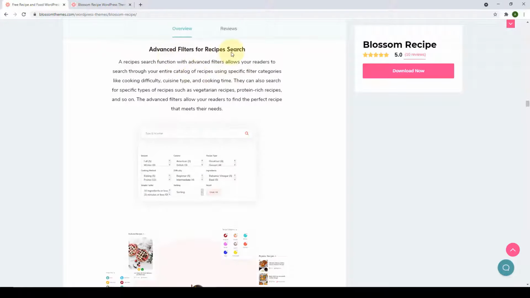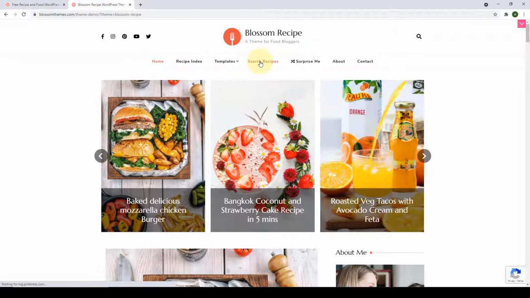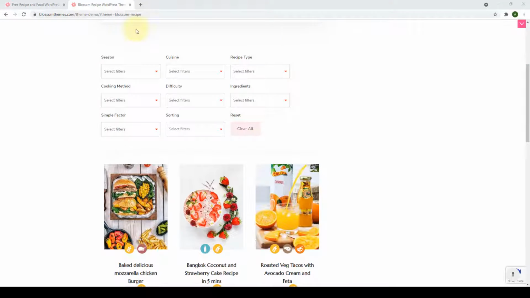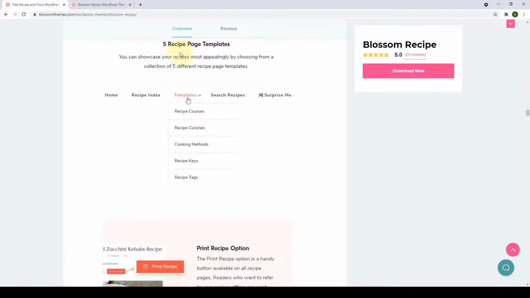You also get advanced filters for recipe search, like if you go over to the demo page, go to search recipes. You can filter your recipes based on season, cuisine, recipe type, cooking method, difficulty, ingredients, simple factor, sorting, and so on, with the reset button as well. You can add 6 choice recipe widgets to help give out additional information and keep your visitors engaged on your page. You get 5 recipe page templates,